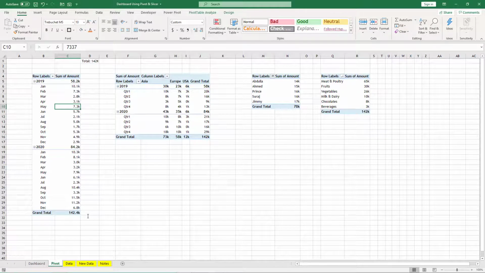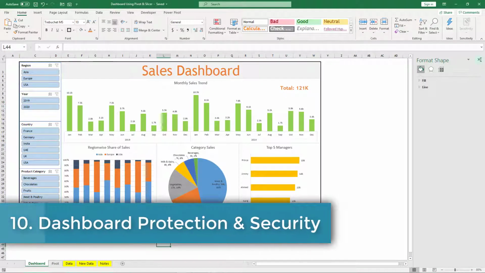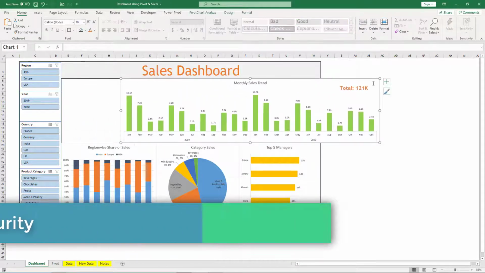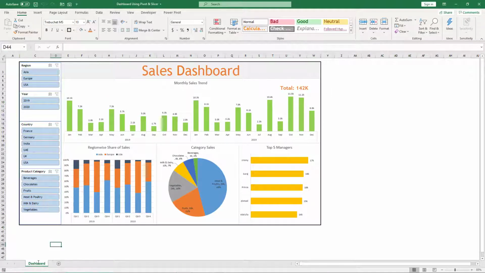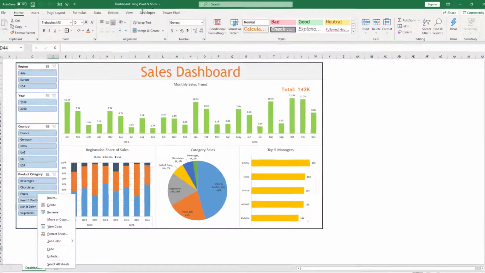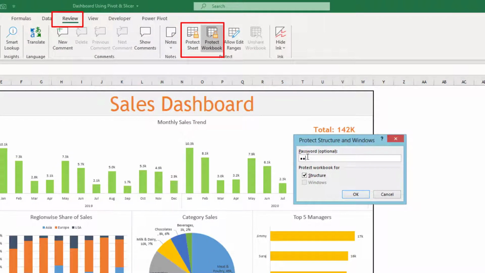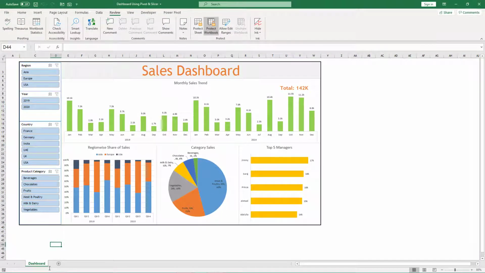Now once these things are done, the last step is, before sharing it to others, you should protect it, because by mistake someone may move the chart. Okay, you have spent a lot of effort in preparing this, so you should protect it. Hide all the sheets which are not related to the user, but they can also unhide it. So to protect it, you should go to Review, Protect Workbook, keep a simple password, confirm the password. Okay, and now they will not be able to unhide it.